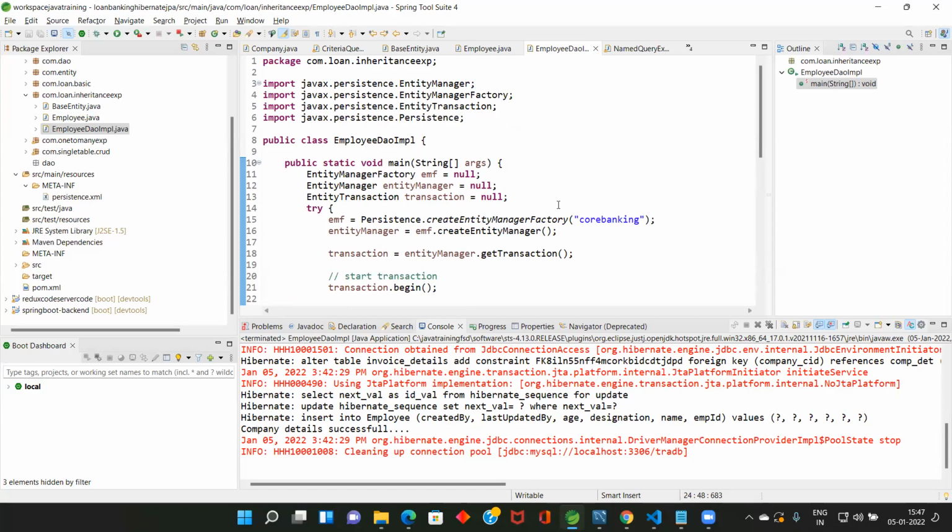So can someone tell what is the use of inheritance? What is the advantage that we are getting by using this inheritance mapping? You can tell your name and answer. I'm looking for some answer from your side.